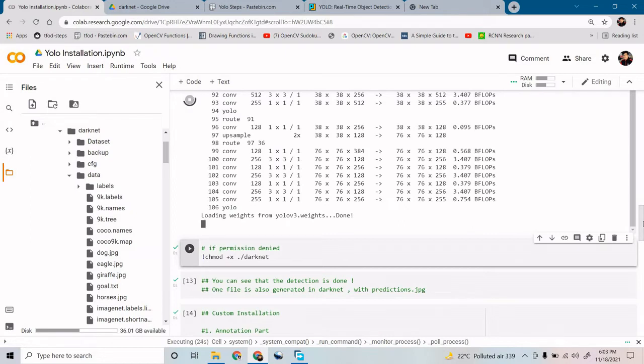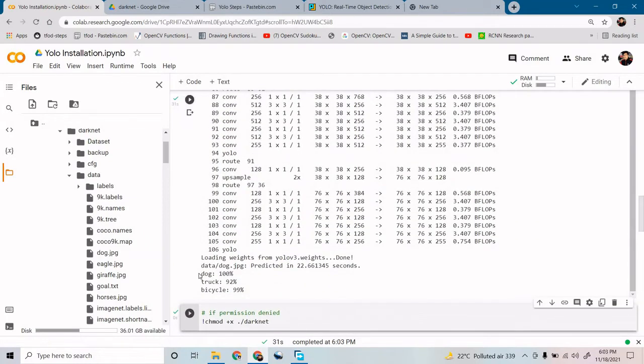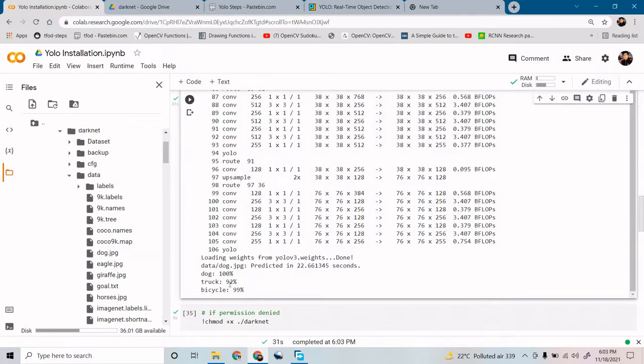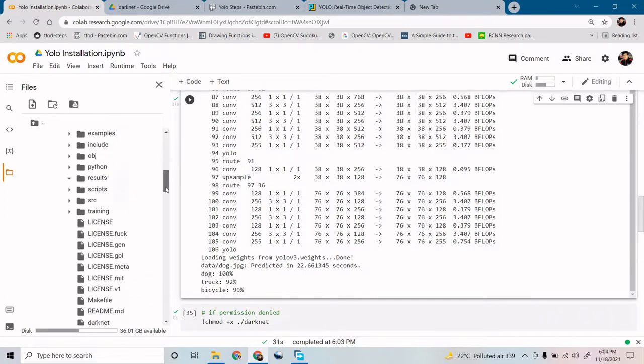I have written all the steps over there, so try to focus there. It is all about how to install a pre-trained model or set it up inside your Colab, right? Now you can see dog is 100% probability, truck 92, bicycle 99. That is totally fine, right?